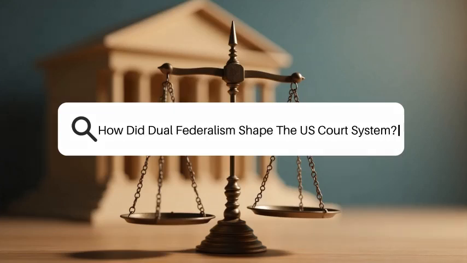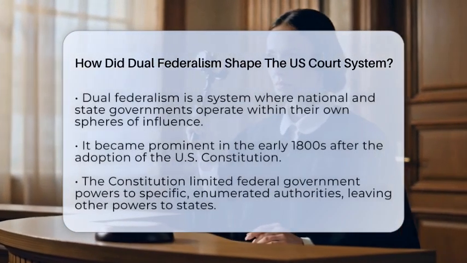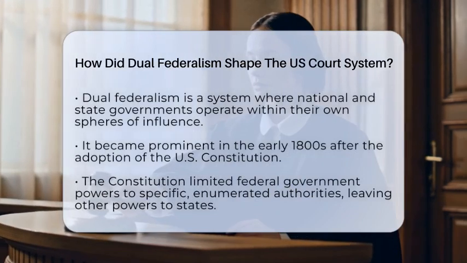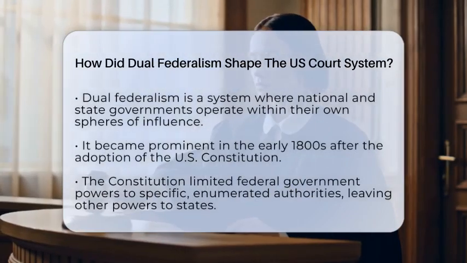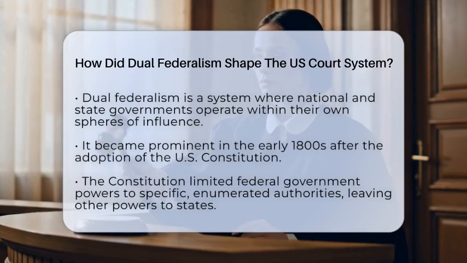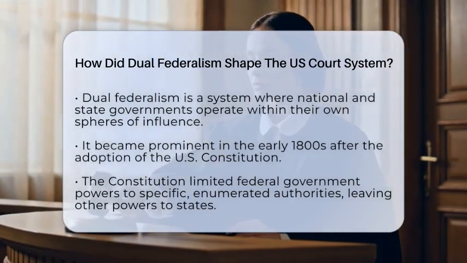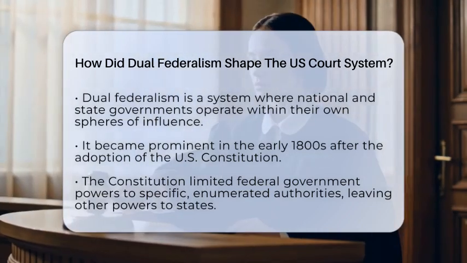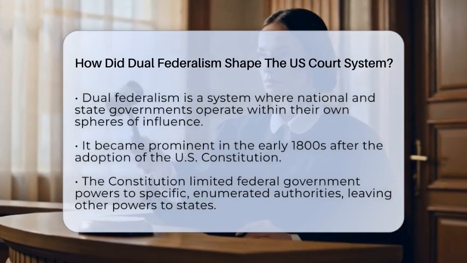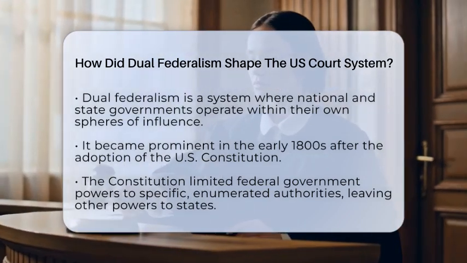How did dual federalism shape the US court system? Imagine a legal landscape where the powers of the national government and state governments are clearly separated, each operating within their own spheres of influence. This concept, known as dual federalism, played a pivotal role in shaping the structure and functioning of the United States court system. To understand its impact, it is essential to explore the historical context and the specific ways it influenced